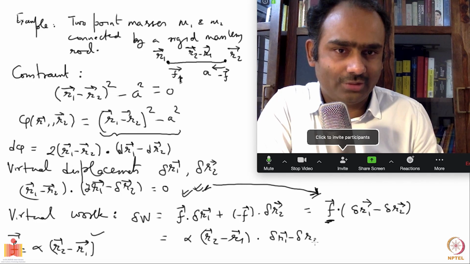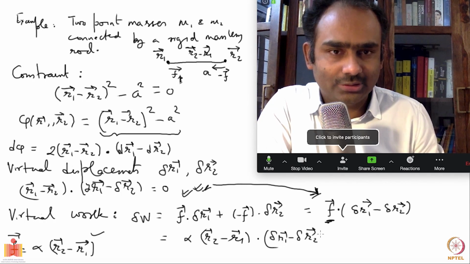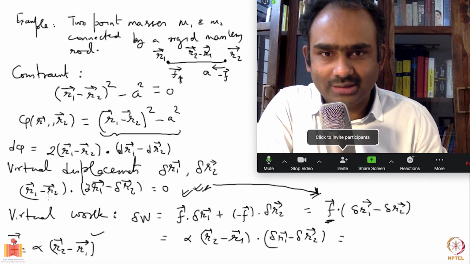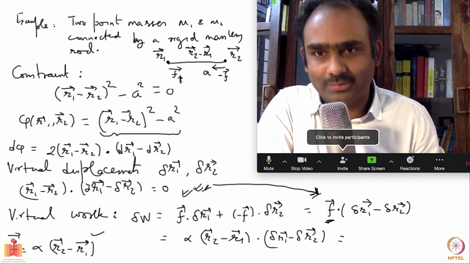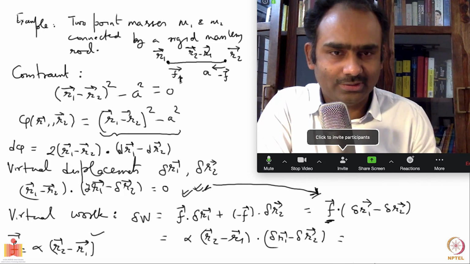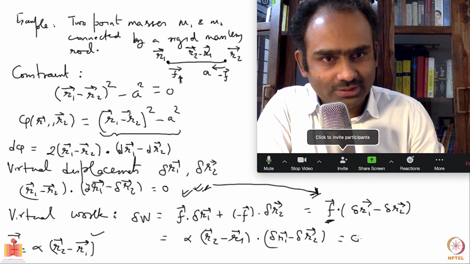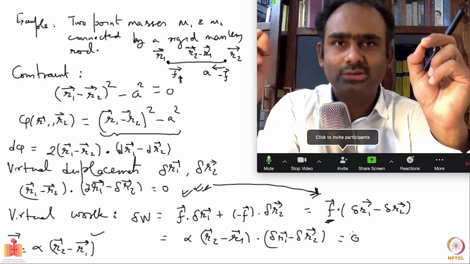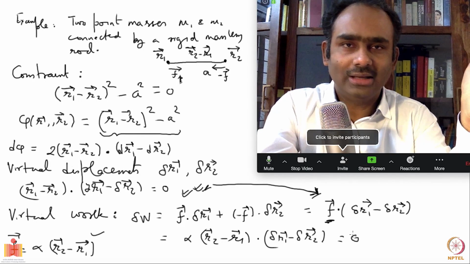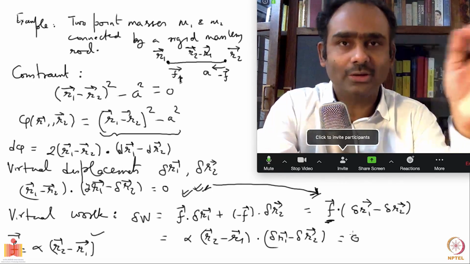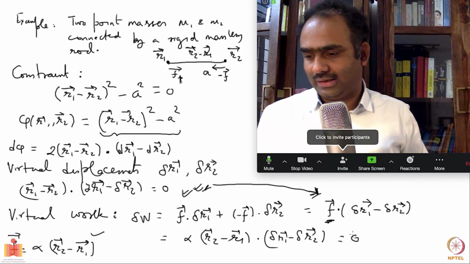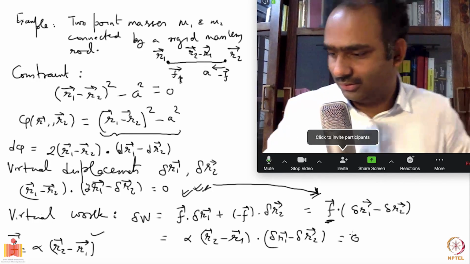And I hope you have already realized that this is 0. And this is 0 because of this relation. You see, R1 minus R2, which is minus of R2 minus R1, and then the dot product with these displacements, that is 0. Okay, so if you look at the forces in this system in pairs, then the virtual work done in any virtual displacement is 0. Okay, so this is another example that we know of now.